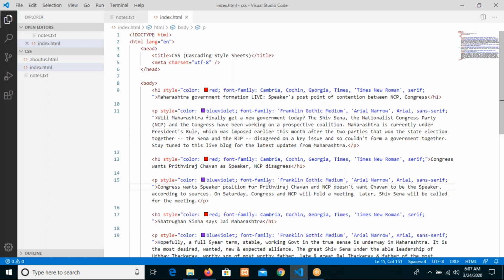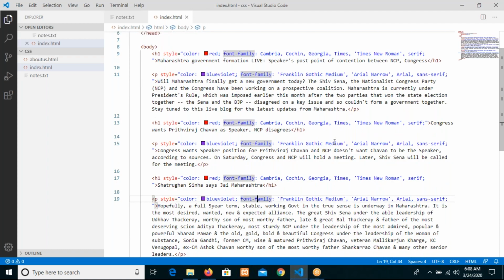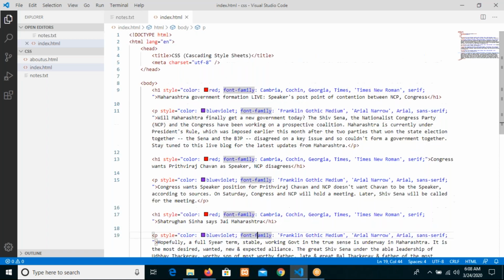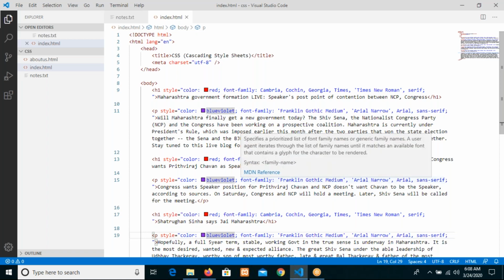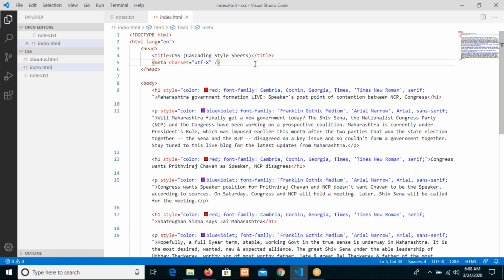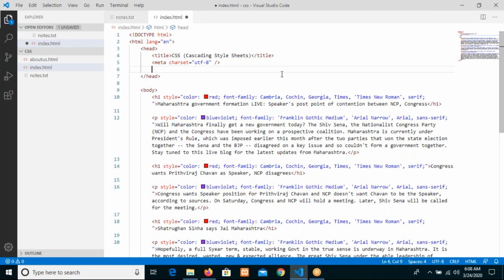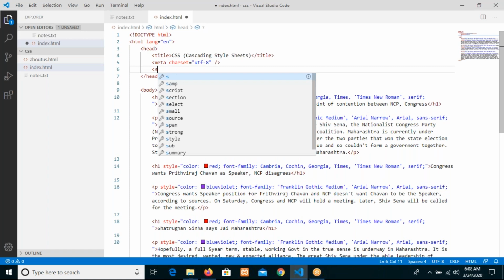But when it comes to adding a new property, editing an existing property, or deleting an existing property, I mean removing that style, each and every time we need to adjust it in all the places. So to make it simpler, we can do it here in the head element itself by writing a